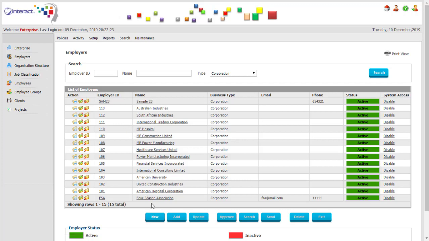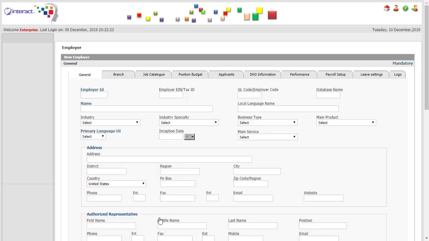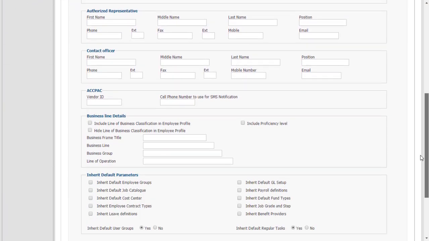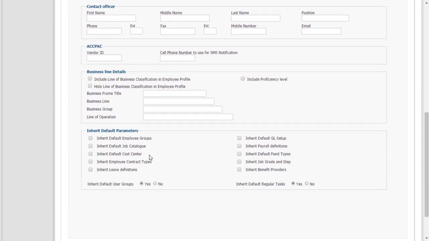Creating a new employer can be done quickly in Interact because you can choose to inherit a lot of foundation and policy setup from the enterprise level, in which case there is no need for doing a new setup at the employer level. For example, you can see here that while creating a new employer, you can inherit employee groups, GL setup, job catalog, payroll definitions, cost centers, fund types, employee contract types, job grades and steps, leave definitions, and